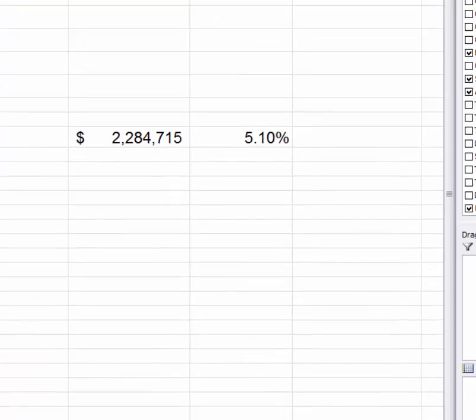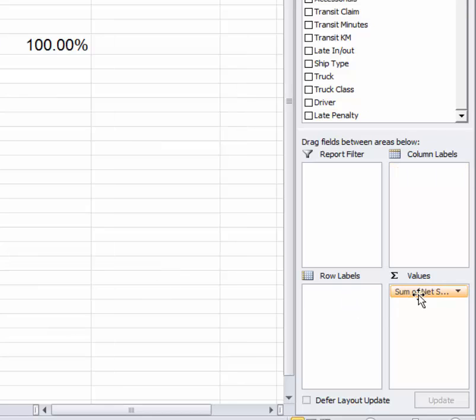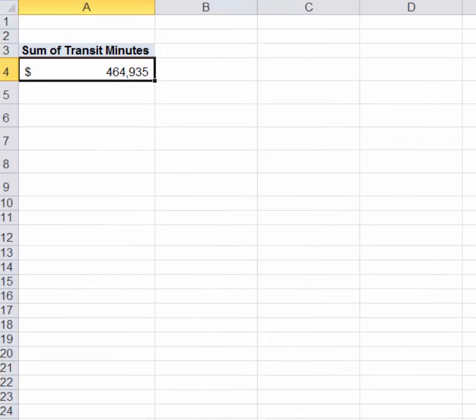time. So let's have a look. Outbound transit time has nothing to do with costs, so let's remove all of this. And again, you could start a brand new fresh pivot if you like, but I'm just going to demonstrate using one. So what is transit time? It's right here, transit minutes, okay? We're going to put that in here, and again, they're minutes, not dollars, so